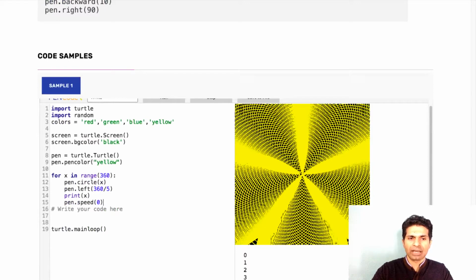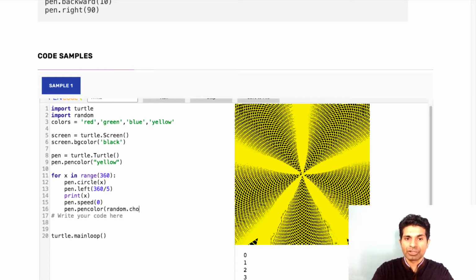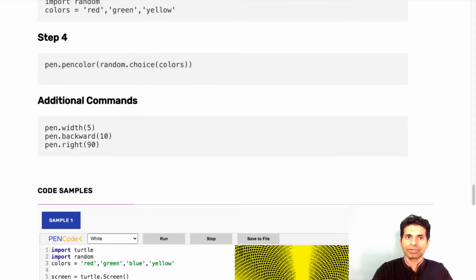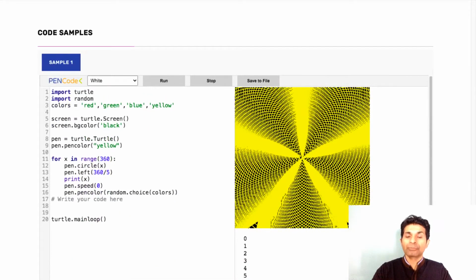I'll just put it after line number 15 here, I'll say pen.pencolor random.choice colors. Okay, so I just typed it exactly like how it is written over here. Perfect. Now I am going to run the program and check whether what I intended is working or not. Now if I click the run button,